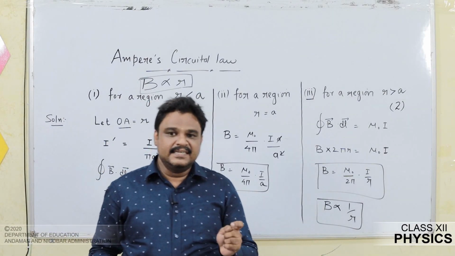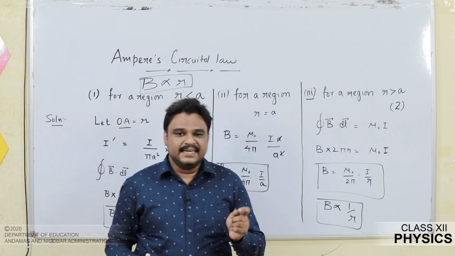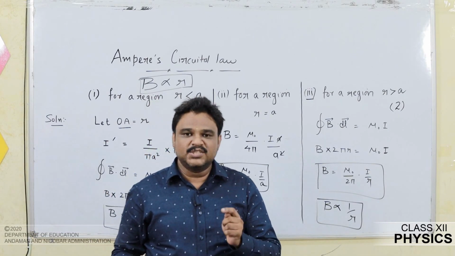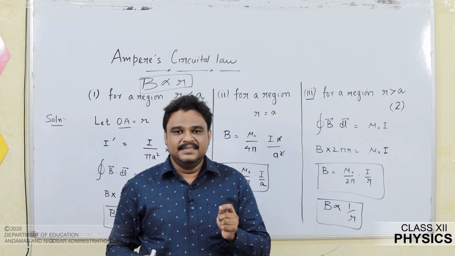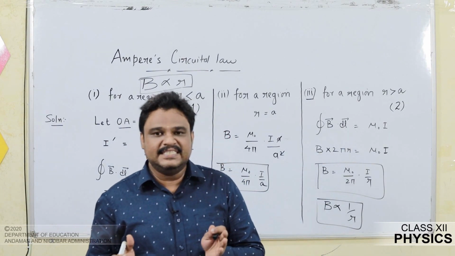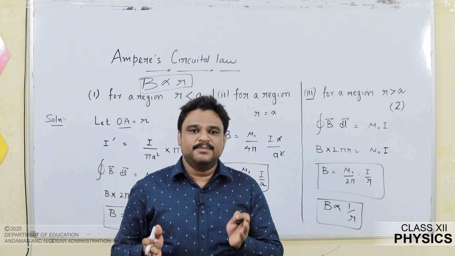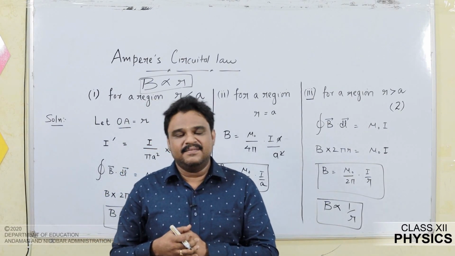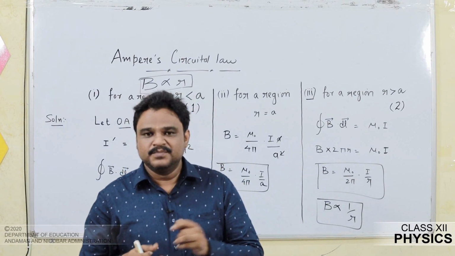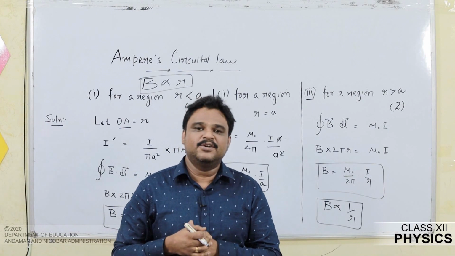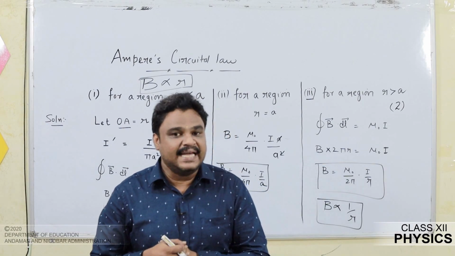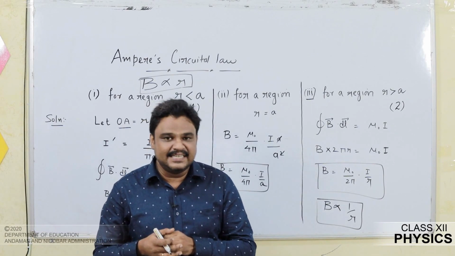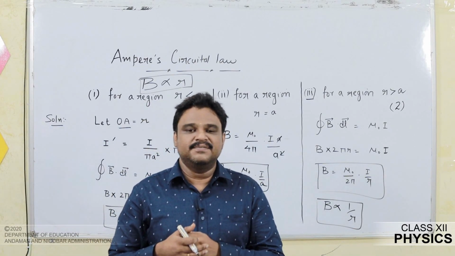There is a current carrying wire, say a current I flows through a uniform cross section. The radius of the wire is A. So I am going to start for a region. I am going to assume a point, say A, OA is equal to R, where the magnetic field is to be determined. So I am going to start from Ampere's circuital law, B dot dl is equal to mu naught I. To be very clear, since the area of cross section is reduced, the current contribution will also be reduced.